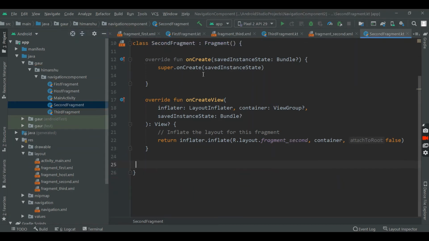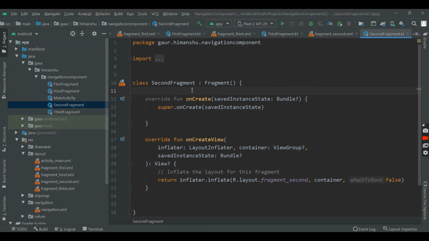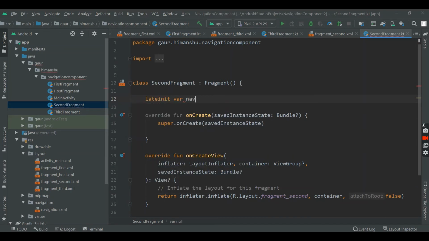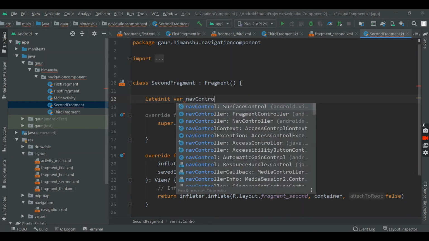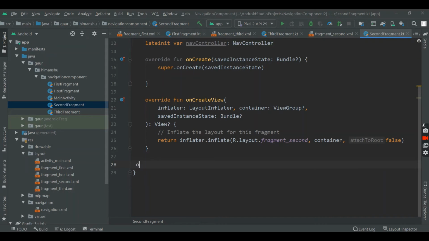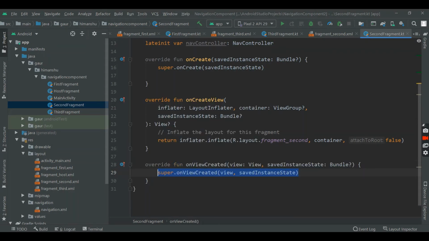So for our second fragment, lateinit var NavController, you can see this one, and override method onViewCreated and NavController, Navigation dot findNavController by using this view.